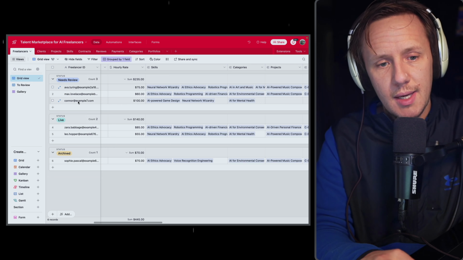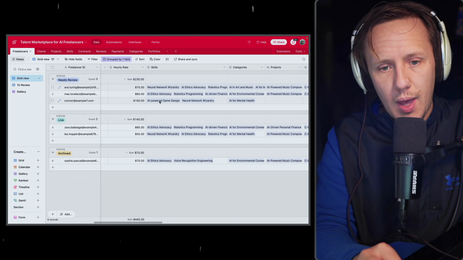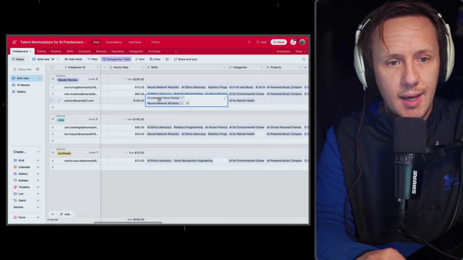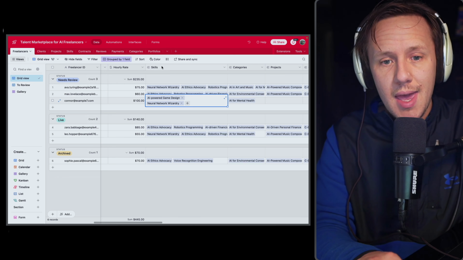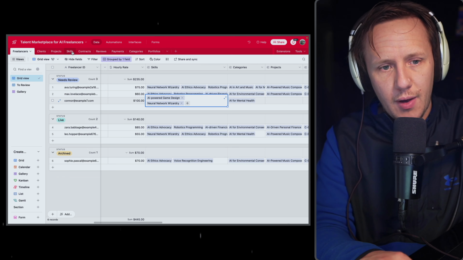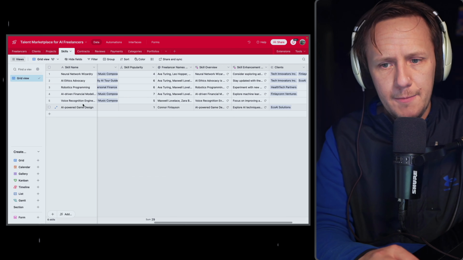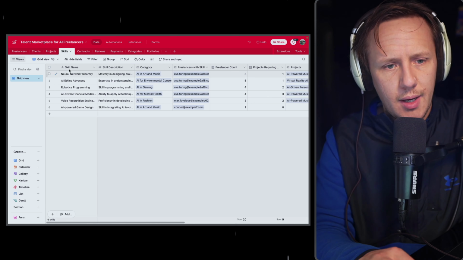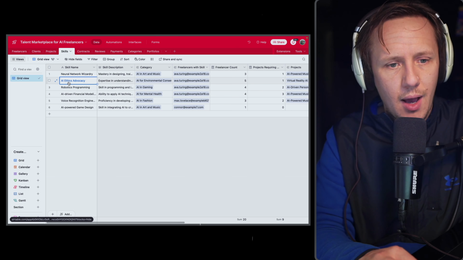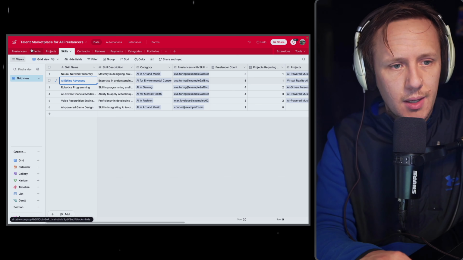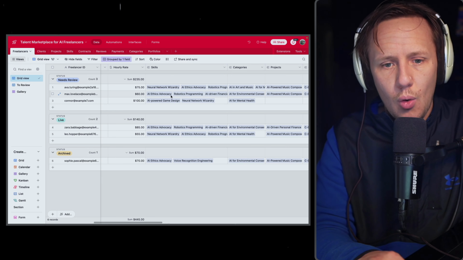So you can see here that it now links to a record, and so the record is basically an entry into one of the tables inside of our skills table. So if I head over to the skills table, you'll see all of the different skills that are listed in here. So for example, we've got a skill called AI ethics, and then in here you can see that this particular skill is associated with a